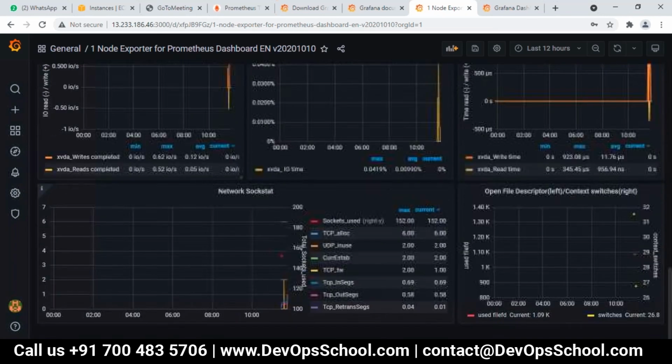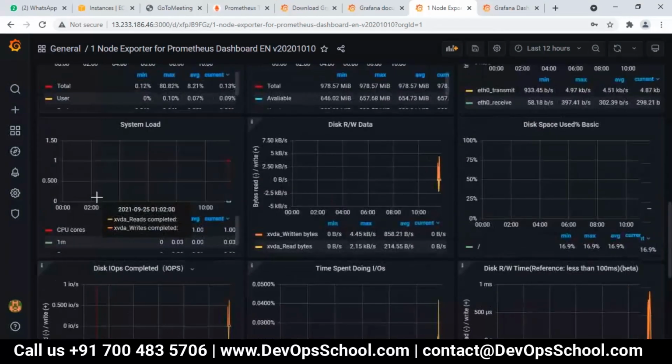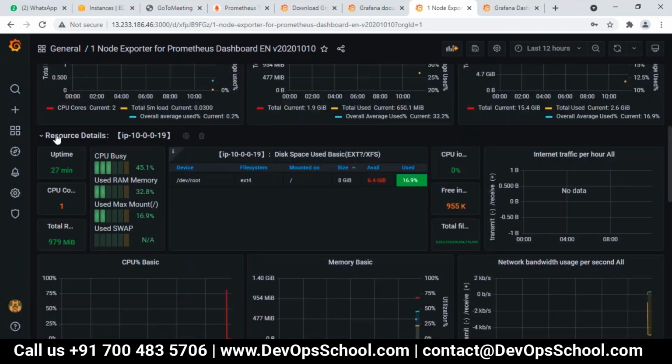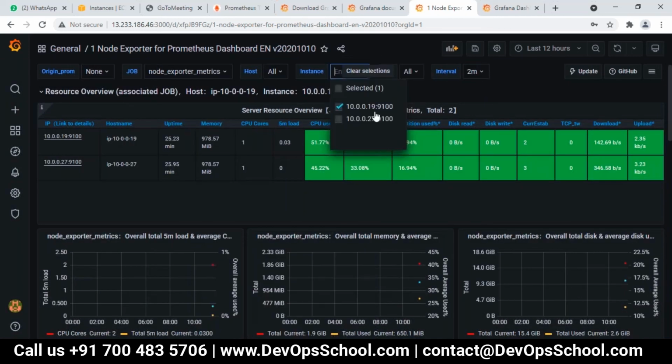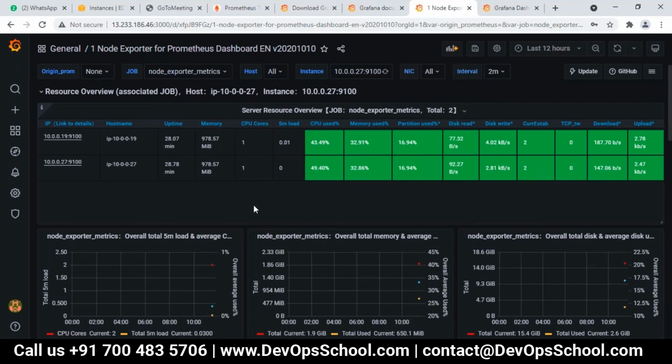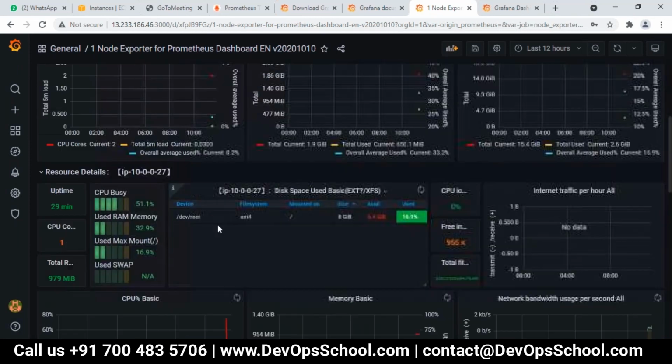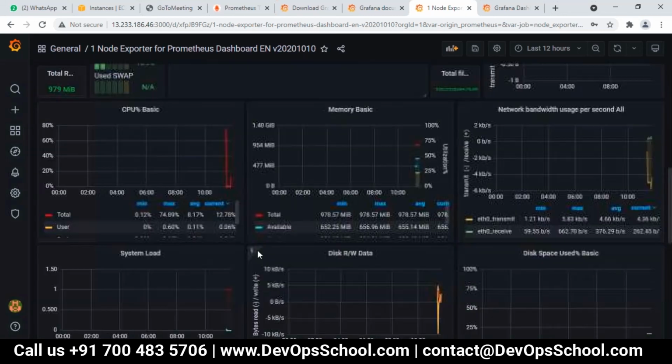That's why it is showing the dashboard related to this 10.0.0.19 instance. These are the details of that instance only. Now 27, this much of disk space is used. Traffic per hour. See CPU utilization.